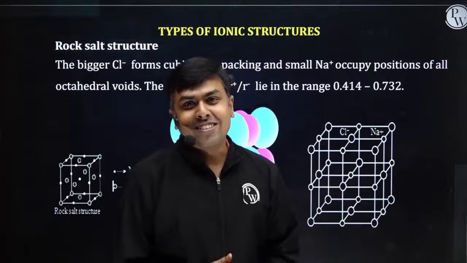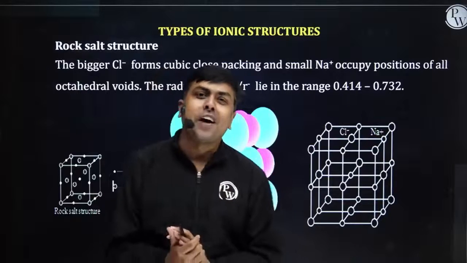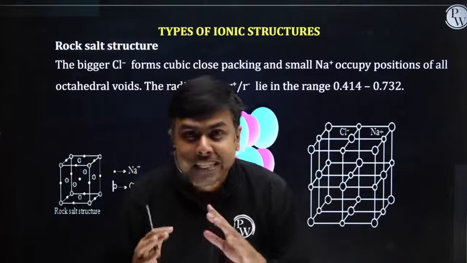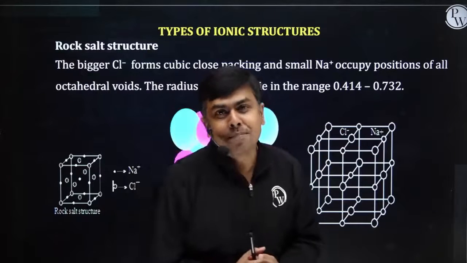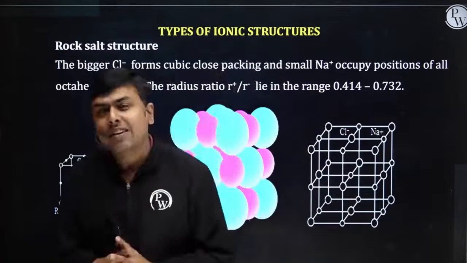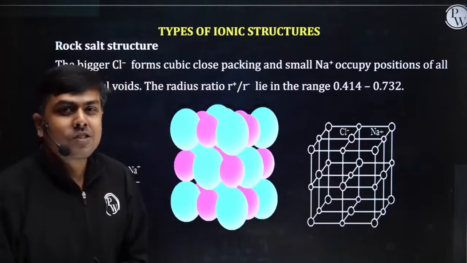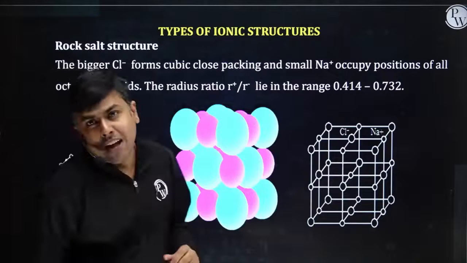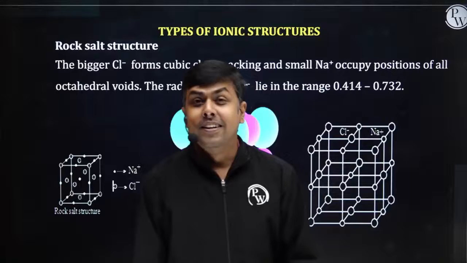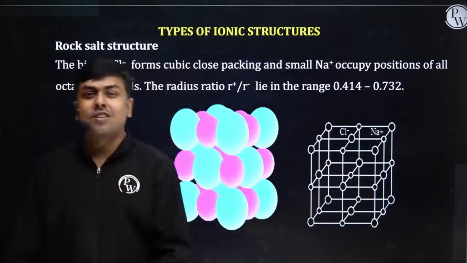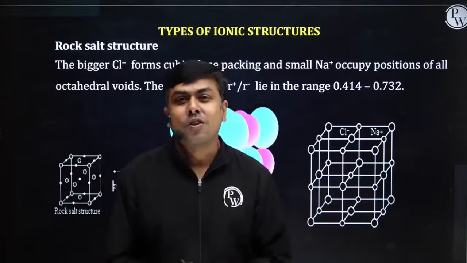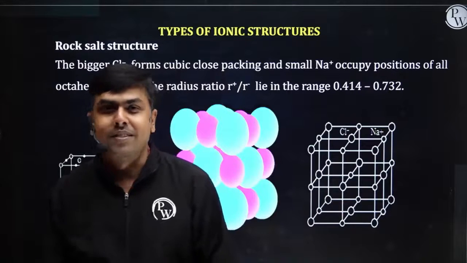Students, now let's discuss the different types of ionic crystal. Basically, I classify these ionic crystals into 3 types: AB type, AB2 type and A2B type. First, let's focus on AB type. Students, in AB type of ionic crystal, once again we have 3 types. One, rock salt structure. The second one, zinc blende structure. And the third one, cesium halide structure. Let's focus on these structures one by one.